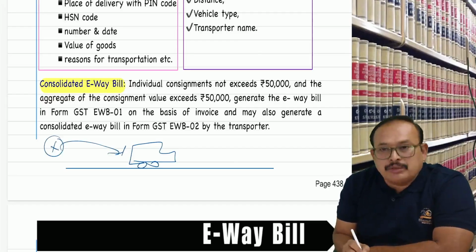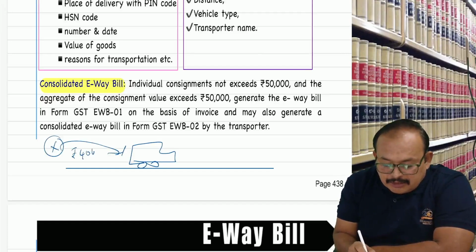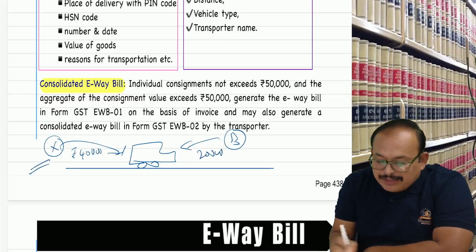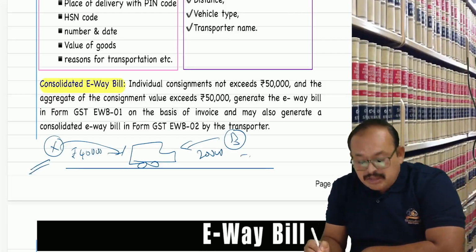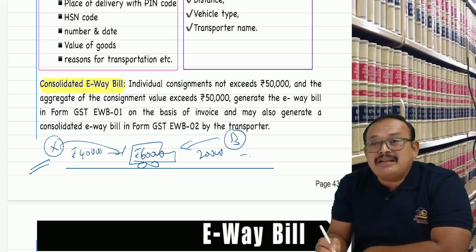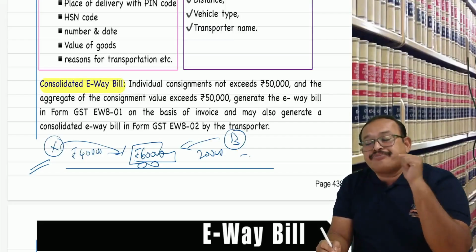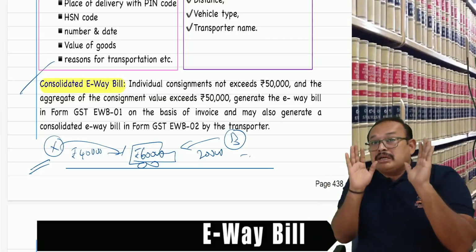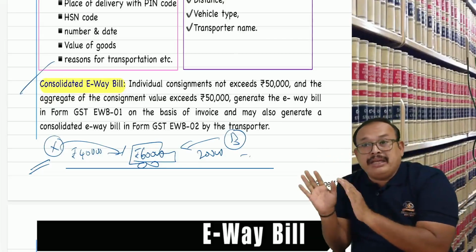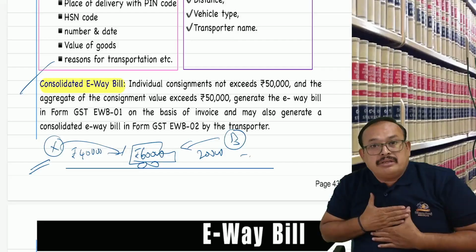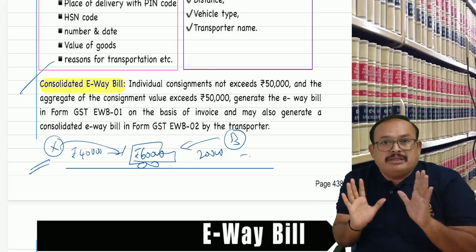X loads goods worth 40,000 rupees. B loads goods worth 20,000. Individually neither exceeds 50,000, but the total goods being carried are more than 50,000. In that case, the consolidated e-waybill concept comes into the picture. Neither X nor B will issue the e-waybill part A. Mr. Transporter should generate the e-waybill, EWB01,